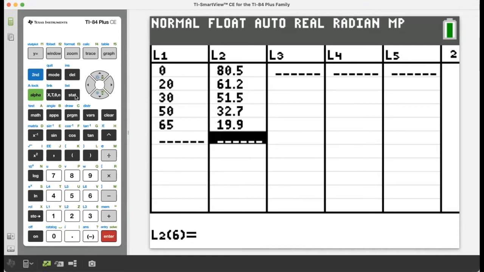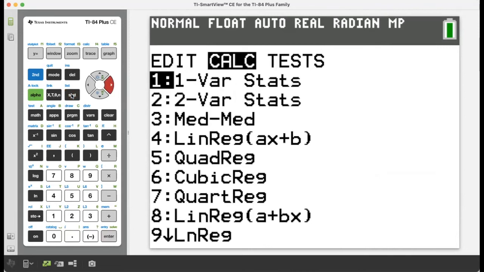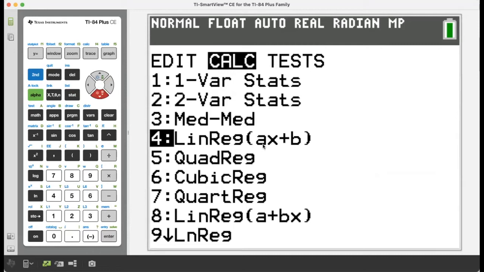Once we've done this, we go back to our statistics package. So we click Stat once again. But at this point, what we need to do is use the calculate functions, not the edit functions. What we have to do is what's known as a linear regression. It'll give us the values of A and B. So we can perform this calculation if you press 4,